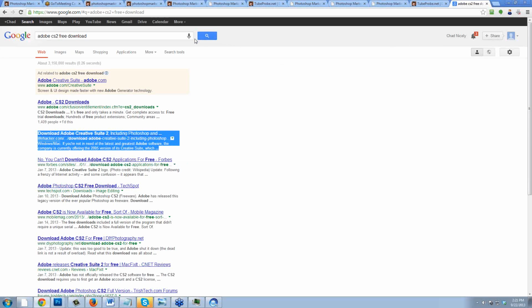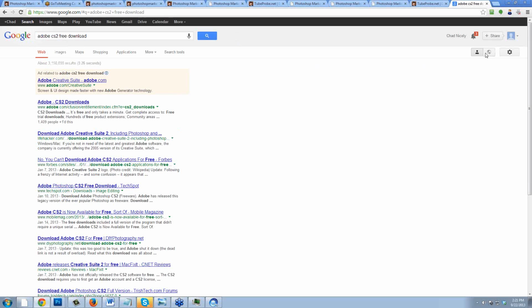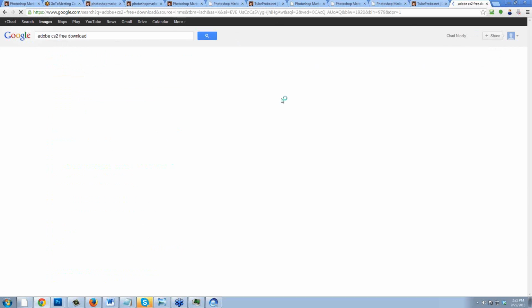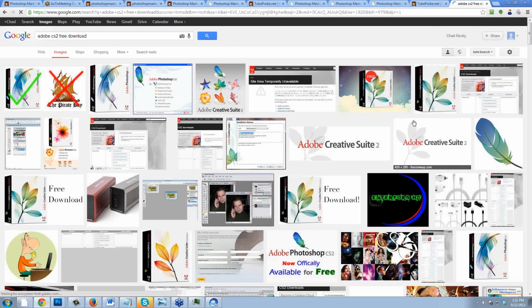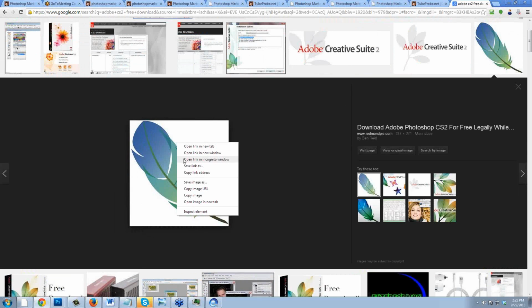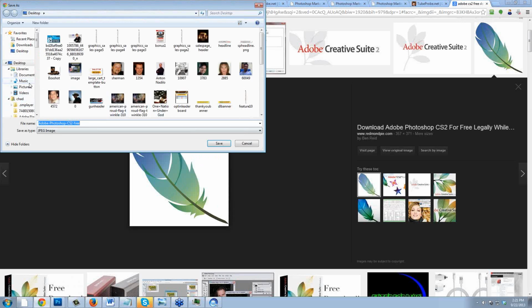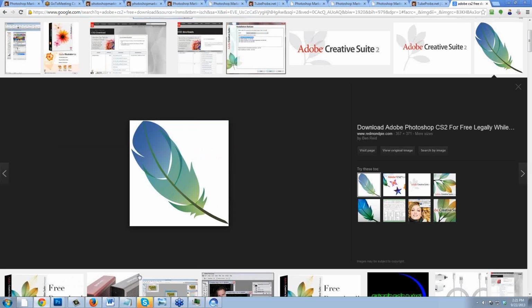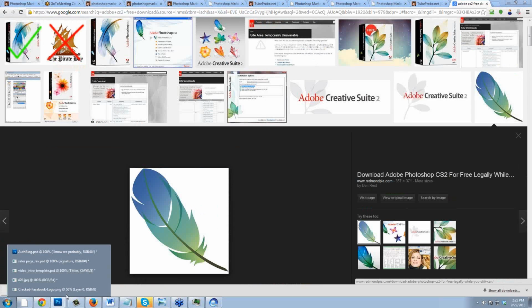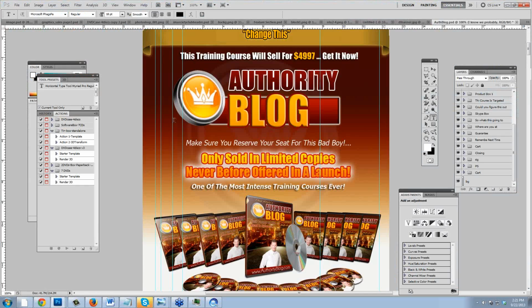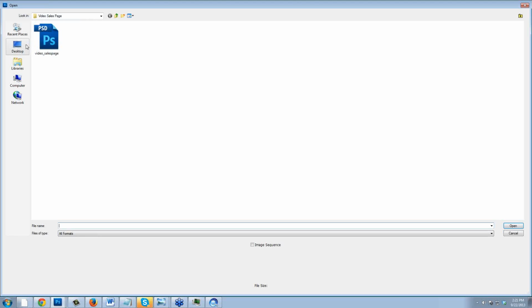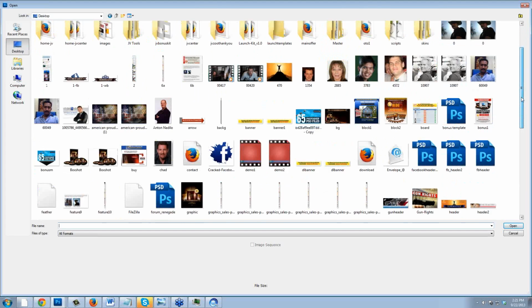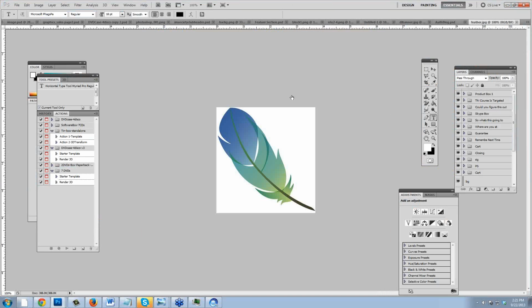Now, if I go and steal a picture, like if I steal Google here, and they got that protected pretty well. Let me just find an image real quick. I'm not going to steal from Adobe, but if I save this, and I'll call this feather, and it's on my desktop, I'm going to open up Photoshop again. Let me find that feather. Okay, here's feather. So there's not a lot I can do with this, right?